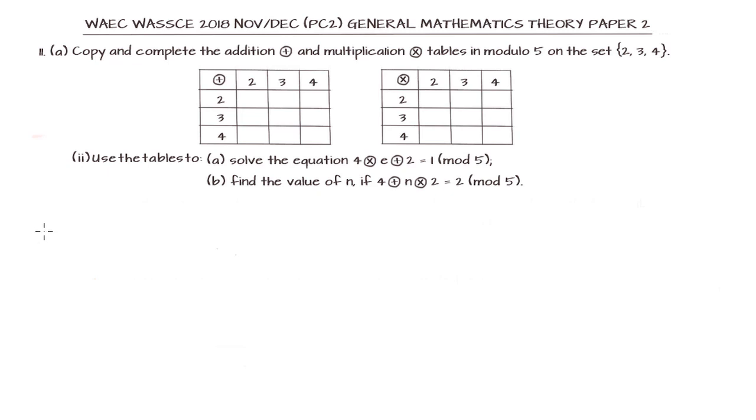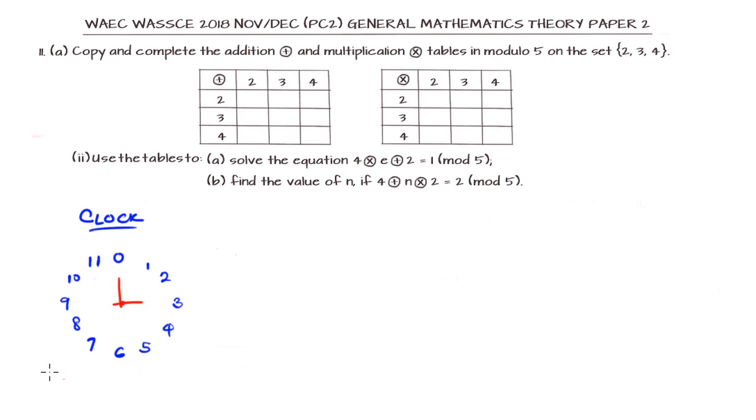In this question number 11, we are asked to complete the addition and multiplication table in modulo 5 on the sets 2, 3, and 4. Now, before we go ahead, if you remember the wall clock with its gradation of hours, normally, if you have our wall clock like this and we want to give our time, we can say we have,